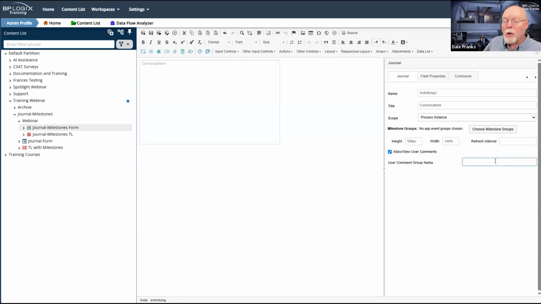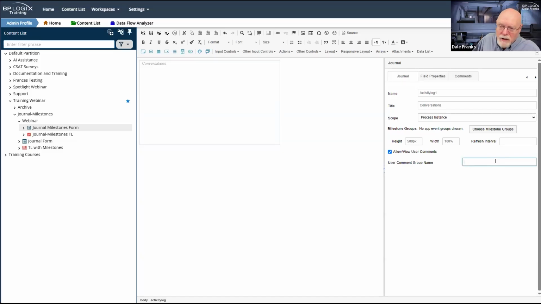And so in order to do that, we need to set a comment group inside the control so that comments that match group A do not show up in a second journal control on the form where the comment group is group B. That way I can have two separate journal controls that are containing two separate sets of threaded conversations.